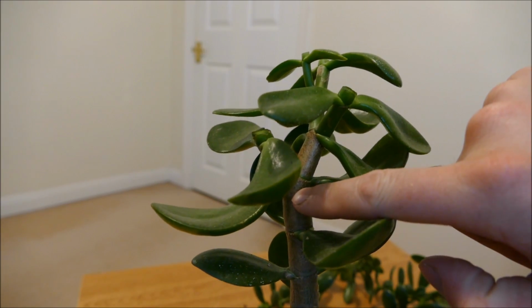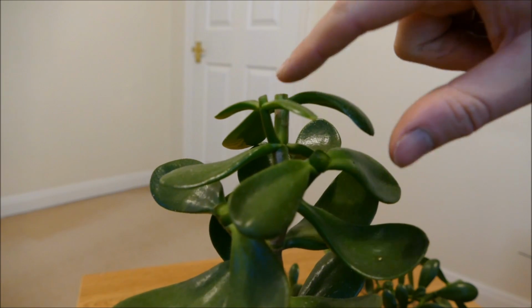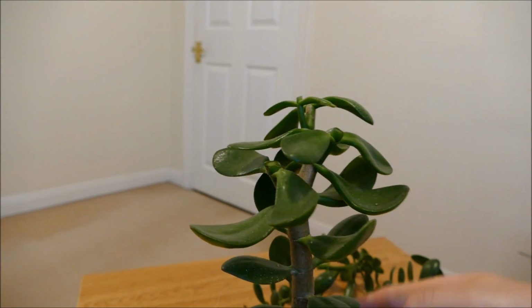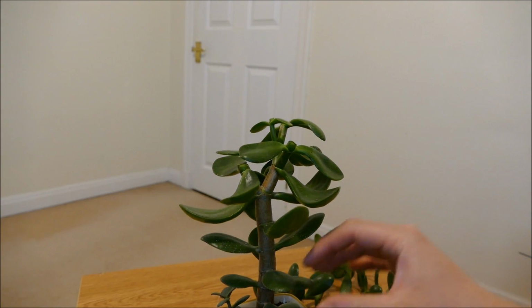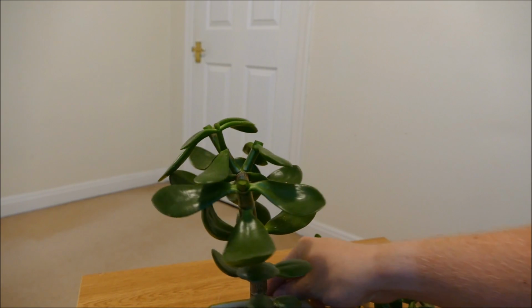So as you can see here, it comes up, branches, branches again, and then it branches a 4th time there. So it's a good amount of branching, but as I say, these will put on a lot of growth soon because I've taken a lot of material off. There's going to be a lot of energy in the roots and the stem. That's going to force out a lot of new stems, new branches, and I'll try and give you guys an update on this, let you see how the new shoots are forming, and it should create a much nicer branch